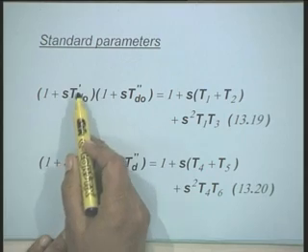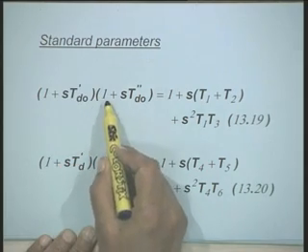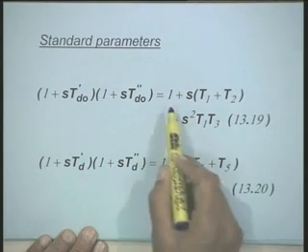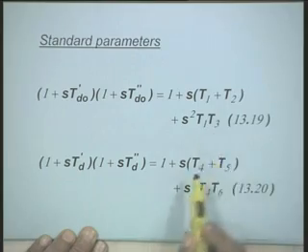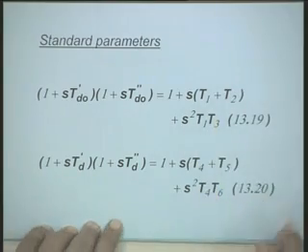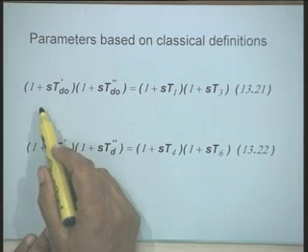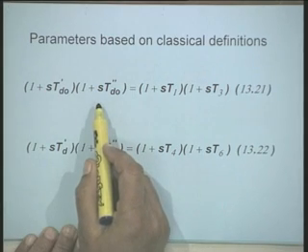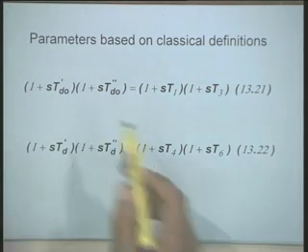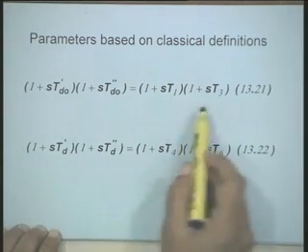With this, you can see here 1 plus s times T d prime becomes 1 plus s times T d double prime, which is of course the standard. And when you make these approximations, I have just told you, not assumptions, approximations, then you can write down this. You can equate the two denominators and you get this type of expressions.